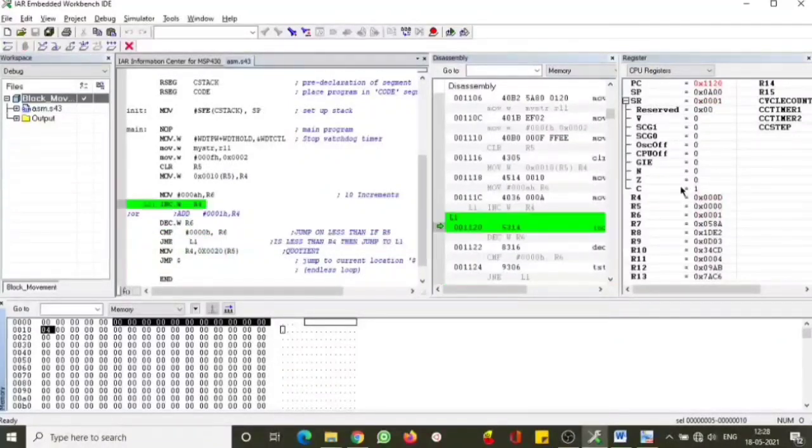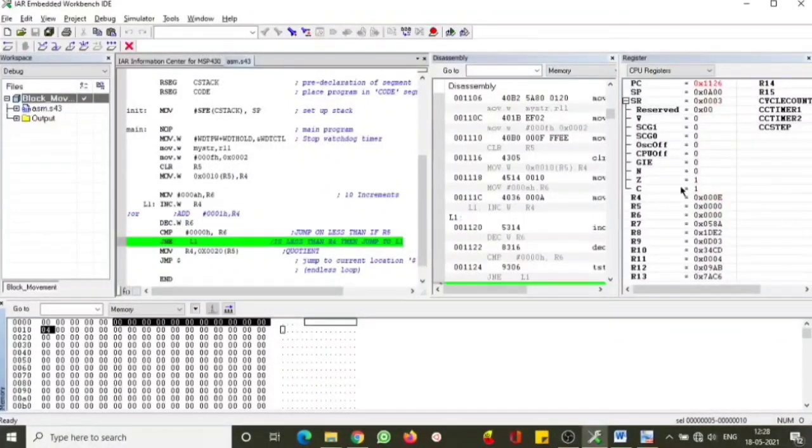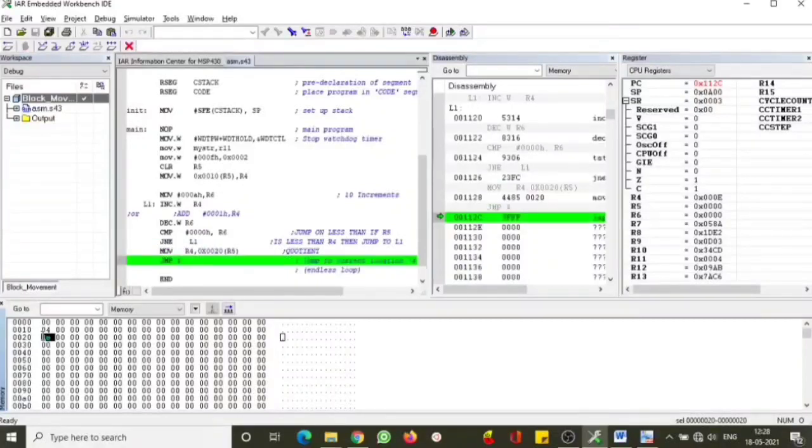By the time R6 becomes 0, you are able to see that the answer is E in R4. The R4 value is supposed to be moved into this address, that is nothing but 20. Can you see that the answer is E now? So this is all about the increment and decrement operation using the keywords inc and decrement dec.